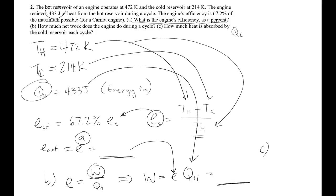Well, we know that work is the difference between the energy in and the energy out. You could often think of it as the total energy in: some goes to work and some goes to energy out. Right? Remember, heat is energy flow. So if I want to rearrange this equation, I get that QC is equal to QH, the total energy, minus the amount of work done. So the heat that is available to do work minus what actually gets done for work is what gets expelled